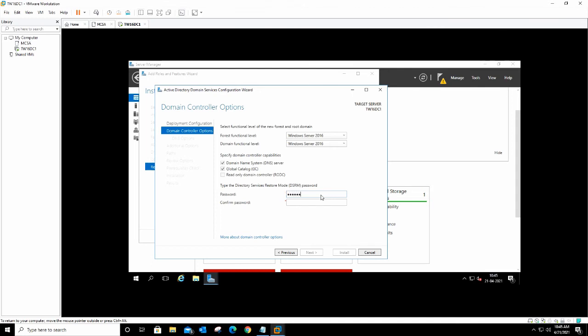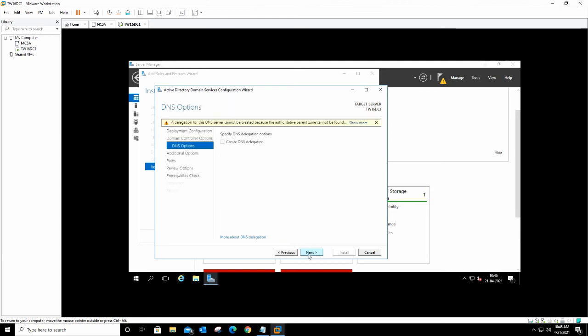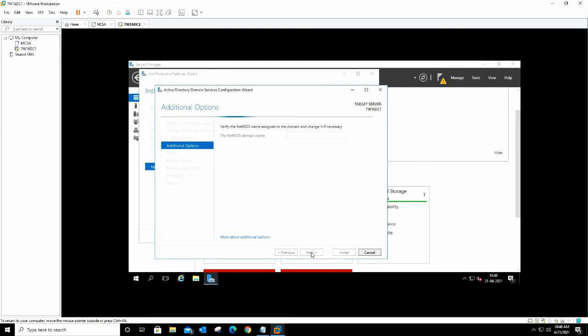So this is used in case you want to restore your Active Directory in future. So just need to give it a good password. Let's make sure, and then next. So there is a warning for DNS delegation, we can ignore it. Next, and we'll check and confirm the NetBIOS name. So we are good. Select next, and